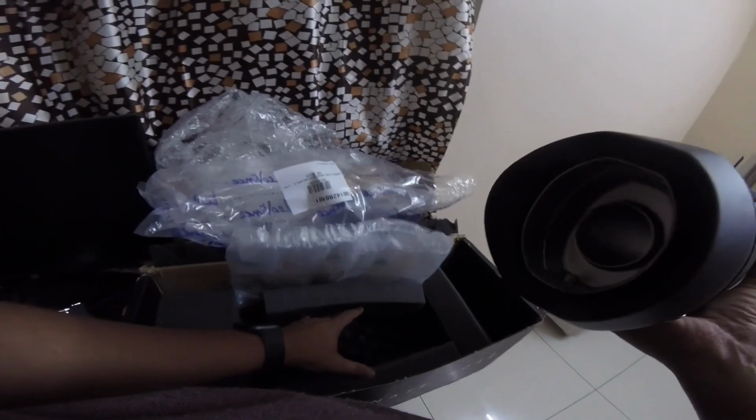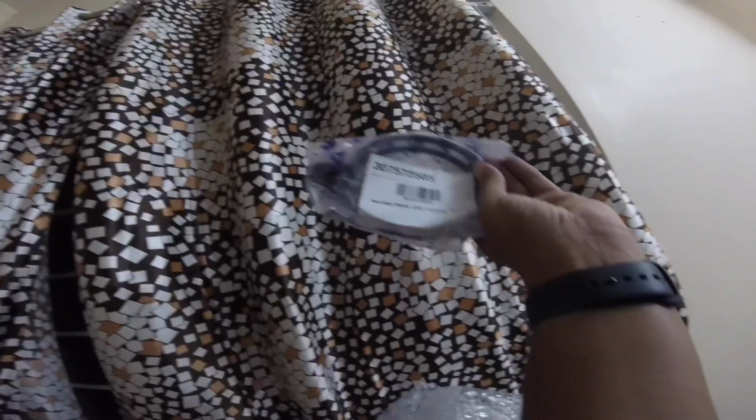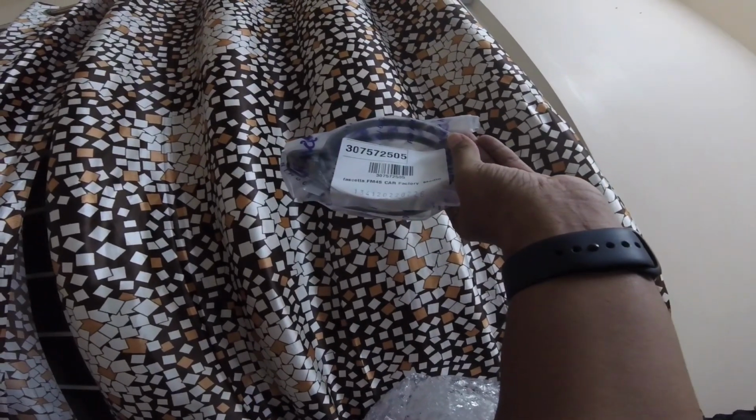Let's see what's there. Nothing else, just some more protection, because I think this is coming from the USA to Italy then to India. So yeah,